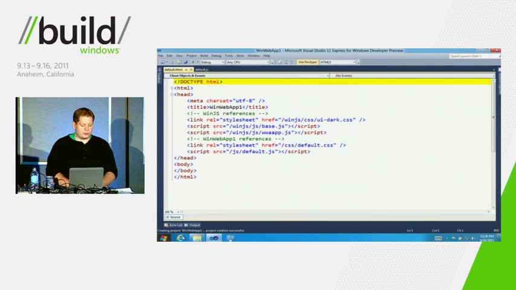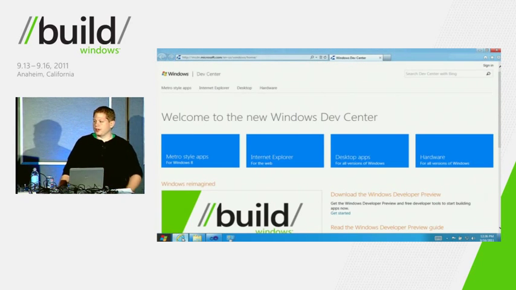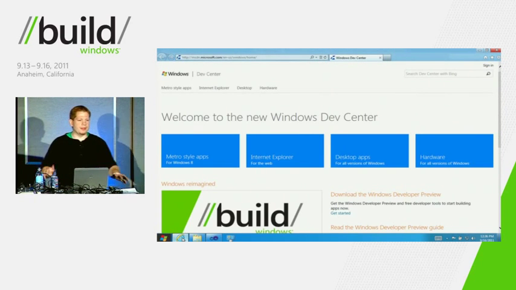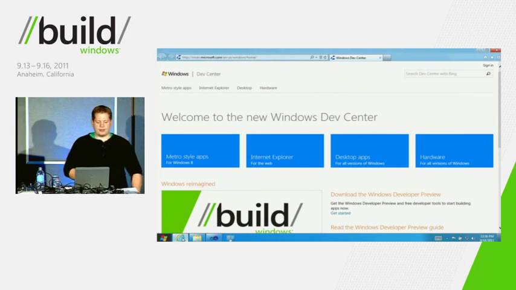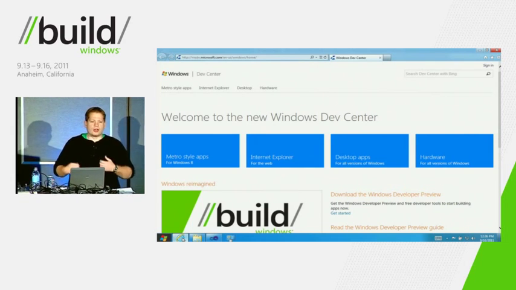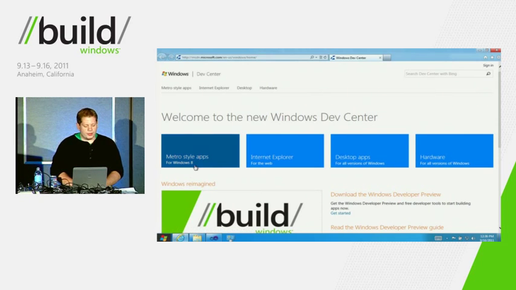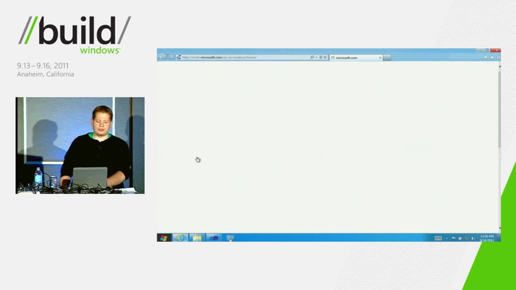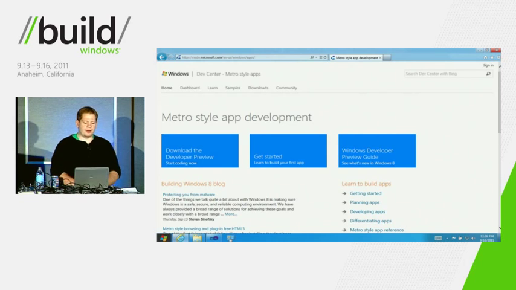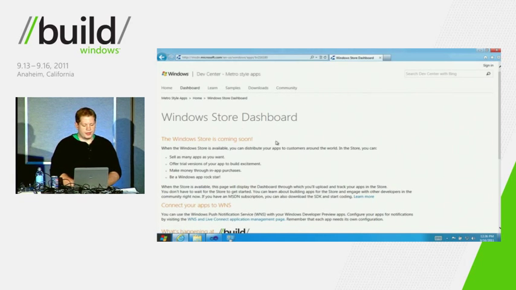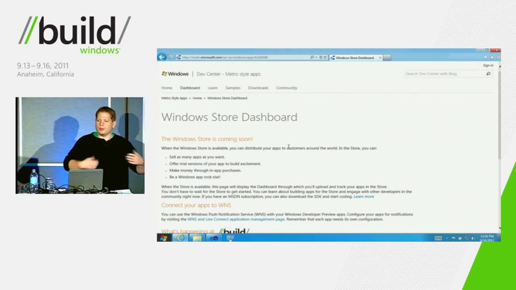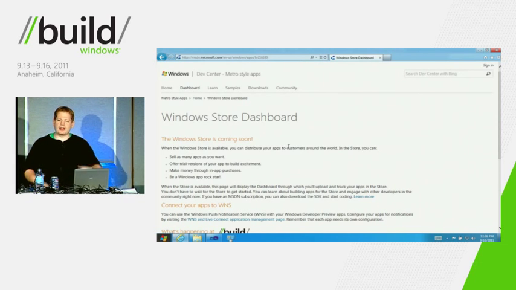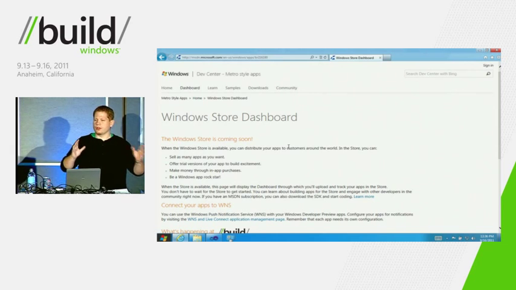Next thing you need to do, go to dev.windows.com. I assume you guys have been there already over the past week, poking around, looking at the docs, all of that stuff. To actually hook up this functionality, where you'll need to go is the Metro Style App section. And then from there, you'll want to navigate to the dashboard. The dashboard will be in the future where the Windows Store is. And so that will be where you go to upload your package, change names, your pricing, all of that kind